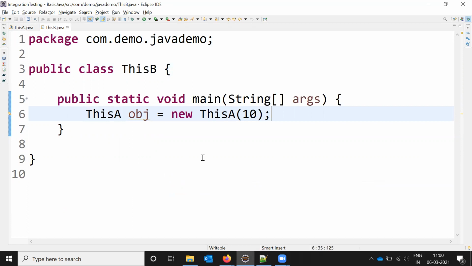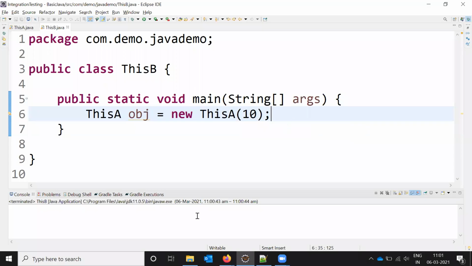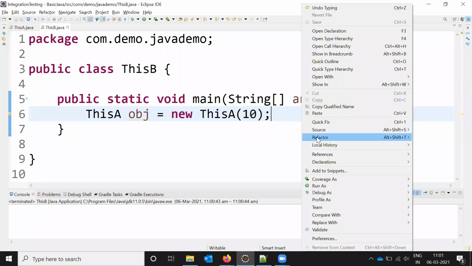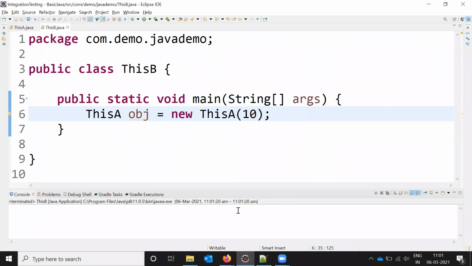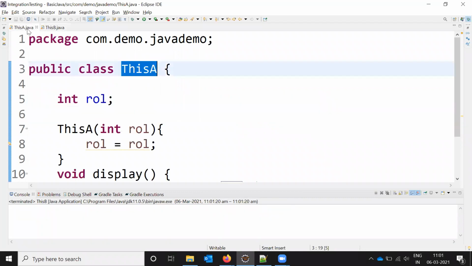Why? I'll tell you. See, the console has not printed the value we passed. It prints zero, because it does not refer to the current instance variable.